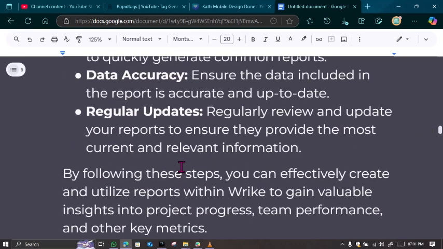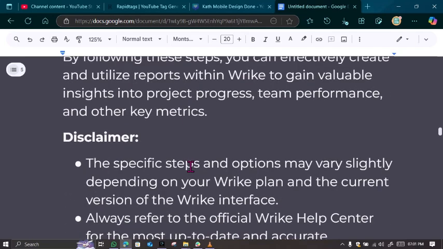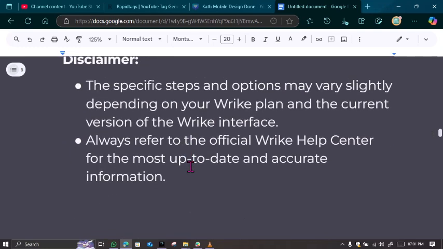By following the steps, you can effectively create and utilize reports within Wrike to gain valuable insights into project progress, team performance, and other key metrics. Please note that specific steps and options may vary slightly depending on your Wrike plan and the current version of the Wrike interface you're using. So always refer to the official Wrike Help Center for the most up-to-date and